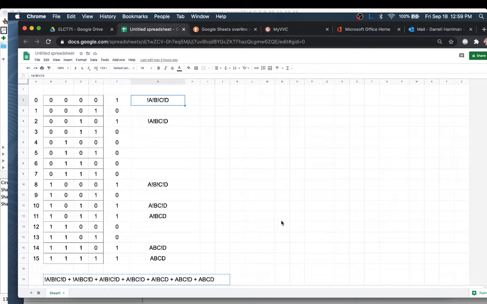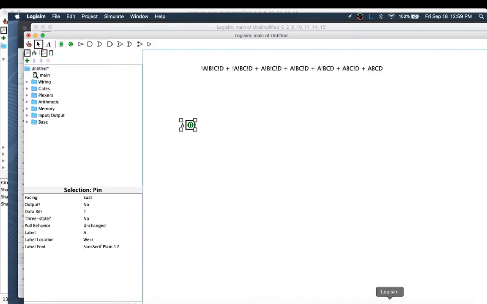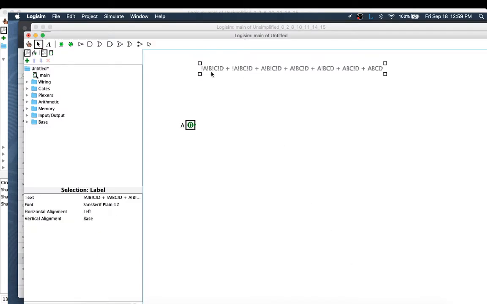Then in the end, we should have an output that outputs a true when the input is either a 0, a 2, an 8, a 10, 11, or a 14 or 15. So any of those inputs, the output on our circuit should be true. So what I'm going to do is take that expression, which I have already entered on a Logisim document, and on this program, I have